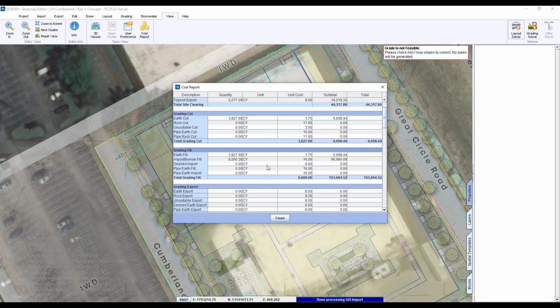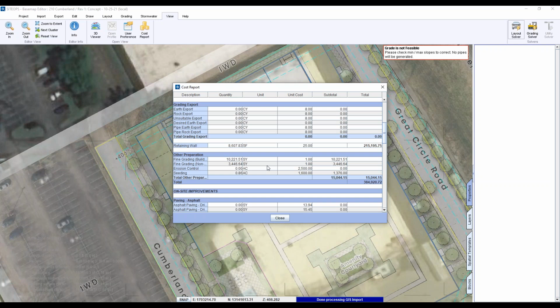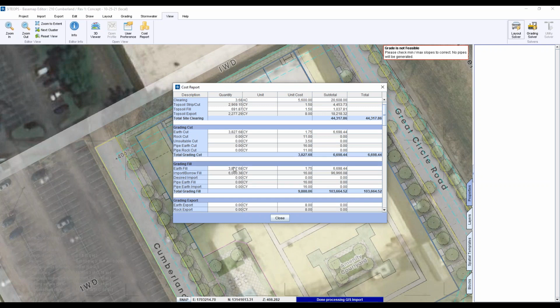We do it for our estimate, and we also do it to check VE too, because we've had situations where architects have set floor elevations not realizing the cost impacts to those elevations. So sometimes we can go in and say, if you make this change, we can save some money. But in this case, it's spitting out 8,600 square feet of retaining wall, 3,800 cut to fill, and 6,000 import.